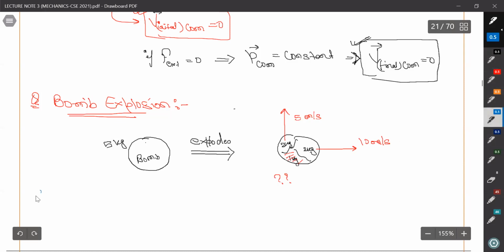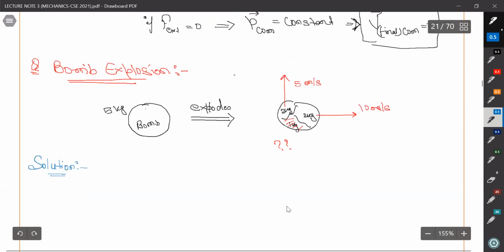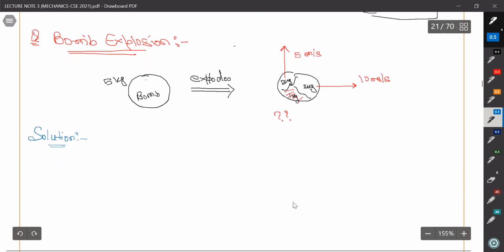So come to the solution part. Try on your end. I'm sure you will be able to solve this. This is a very common, or you can say a very easy question for the conservation of momentum. We know that we have to apply the conservation of momentum, but